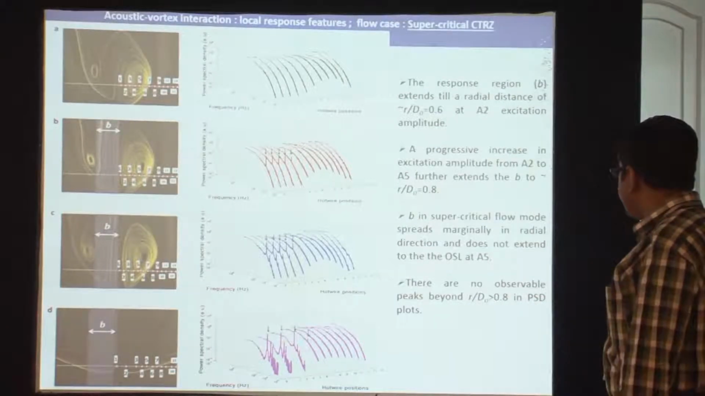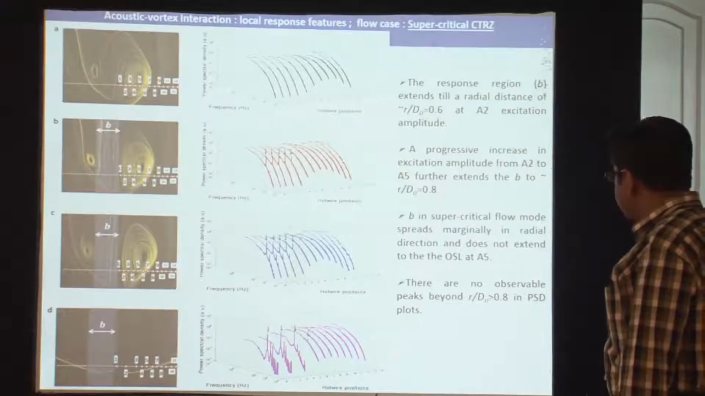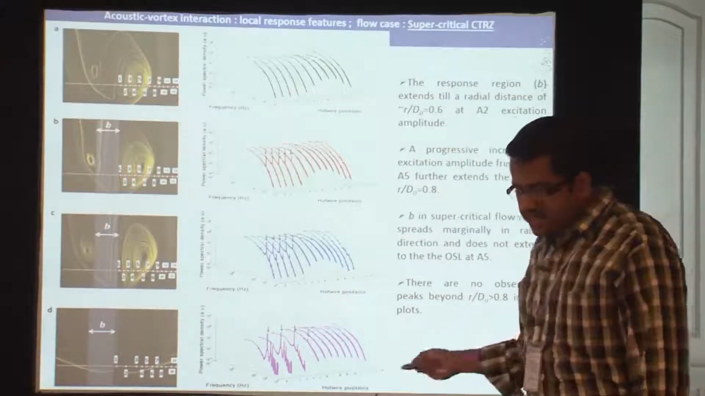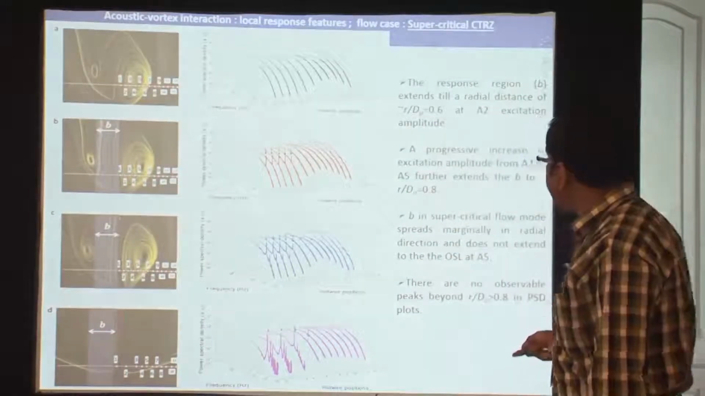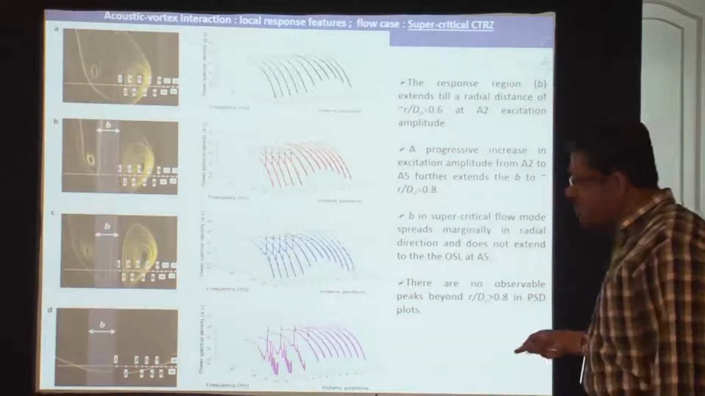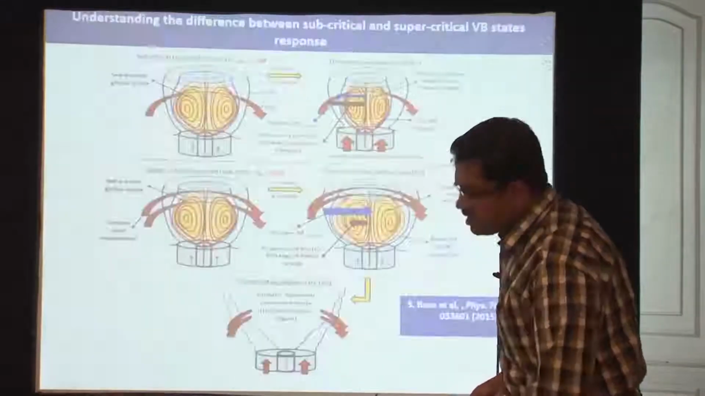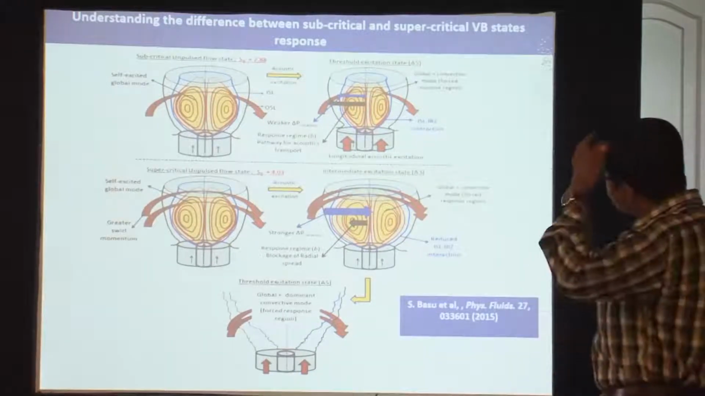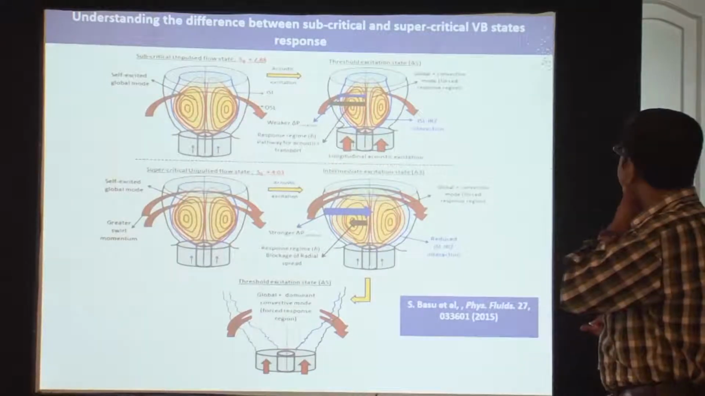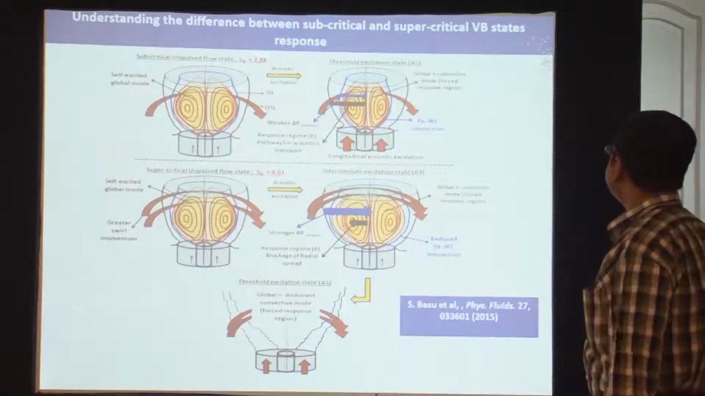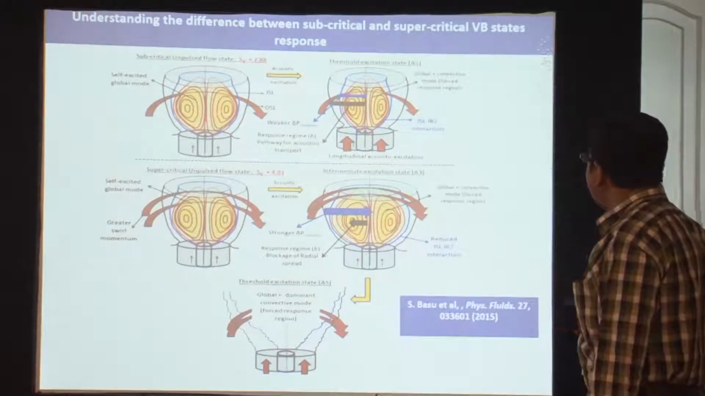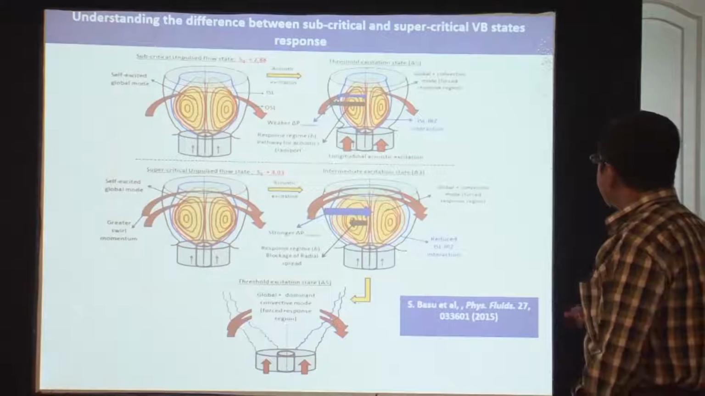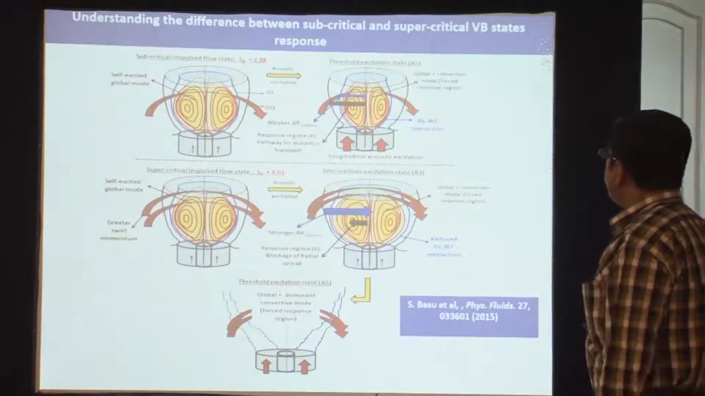hot wire anemometry data. So as you move from here to here, the acoustic energy is basically being pumped within a very small region. This further proves the point that if you try to understand the difference between subcritical and supercritical CTRZ, or the vortex breakdown states, once again, because these states correspond to very weak